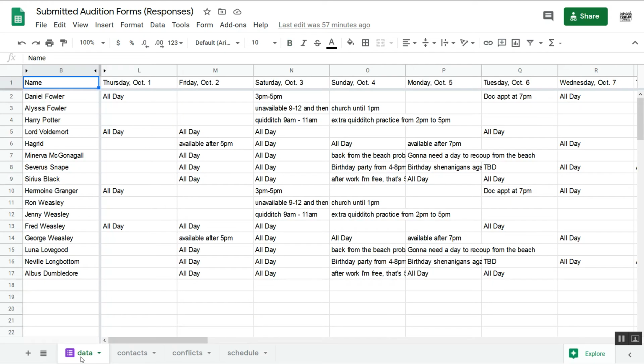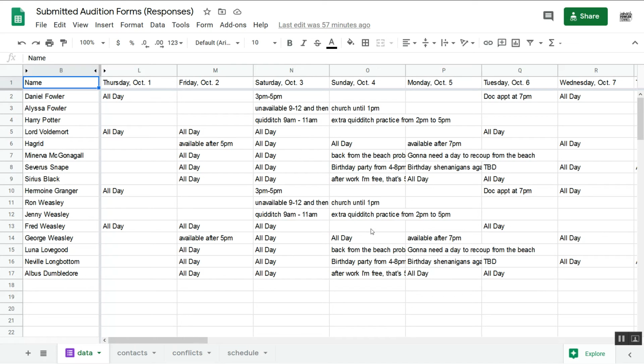This is just the raw data that comes in from the audition form from Google Sheets or from a Google form. If you used SurveyMonkey or Qualtrics or FormStack or any kind of questionnaire software, you can probably export that data into a CSV format and then import that into Google Sheets, and this is what you would have. So it would kind of catch you up. I have hidden a lot of columns here, all of the contact information, all of the past experience information, hidden all that just because we're zeroing in on conflicts right now. So I hid all those columns so we can just see the data that we want to work with,